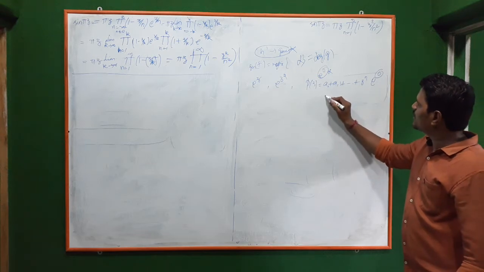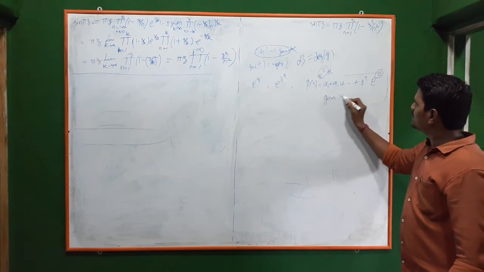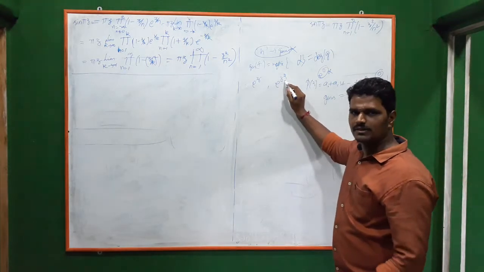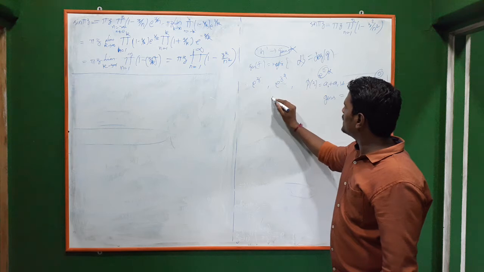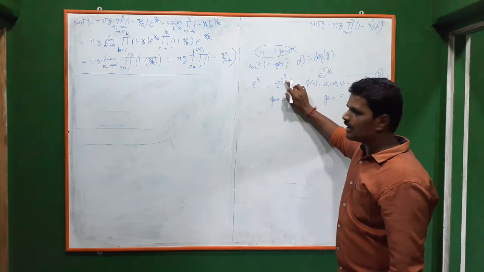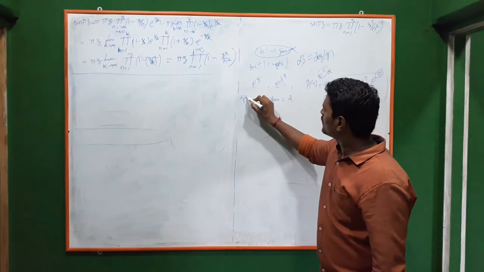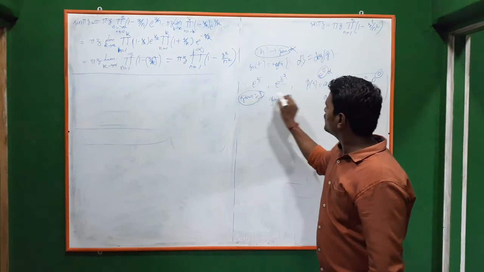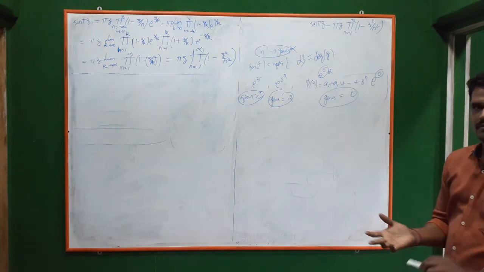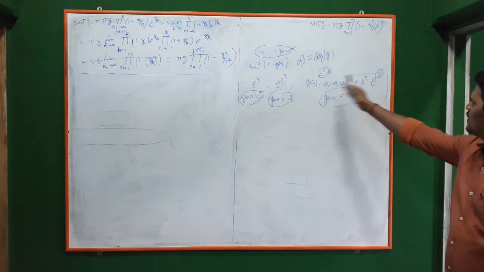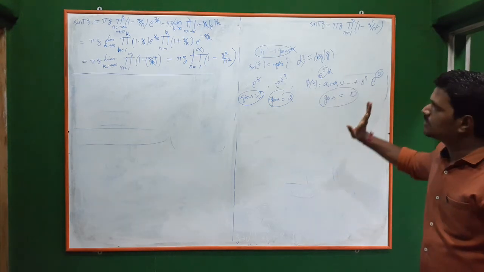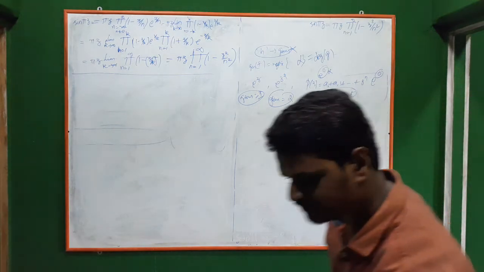So here the genus is 0. Here e^G(z), where G(z) is z², so here the genus is 2 because G has degree 2. Here the genus is 1. So this is the way we will find the genus when the product is not there. When the product representation is not there, we can directly compare and find this. This I missed earlier, so I have told it now. So we will go back to that.